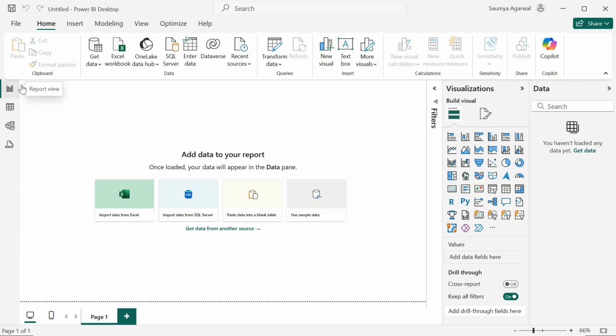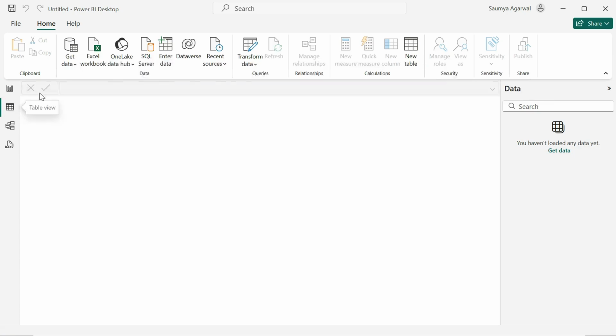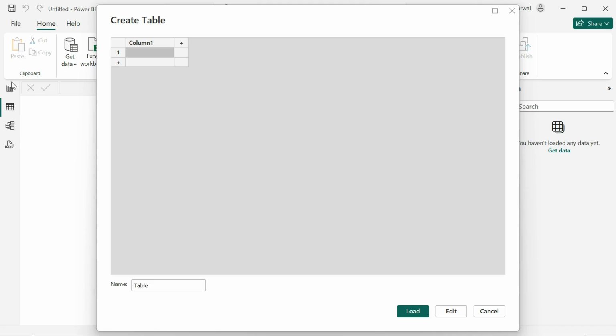There are two ways you can create the static table. The first is under your report view, where you have the Enter Data option. The same option is available under the table view. You can click on this Enter Data option in either view, and you will see this kind of window. Here below, just rename this table. Let's say Student Record